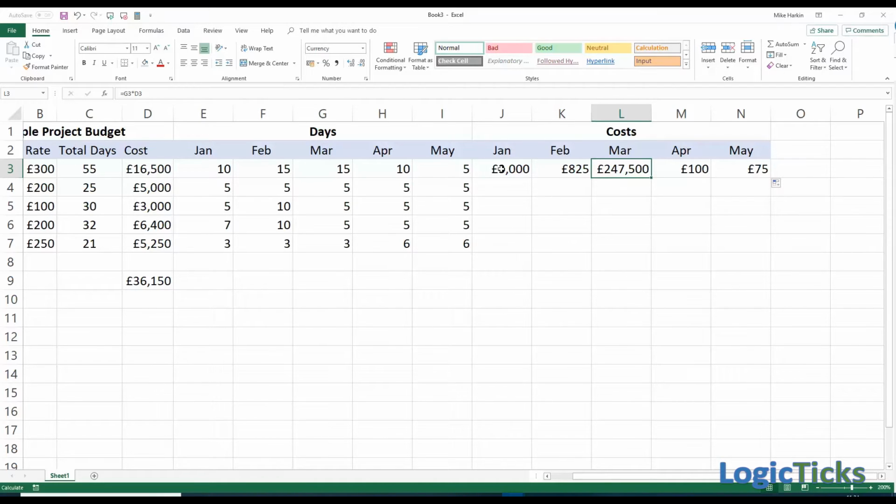relational manner, and because that was E times the rate, if I press F2 I can actually see the cells that it's affecting, so I can see that, yeah, that one's perfectly correct and we know we typed that in. If I go to the next one, I can see that it's actually moved what would be the rate one